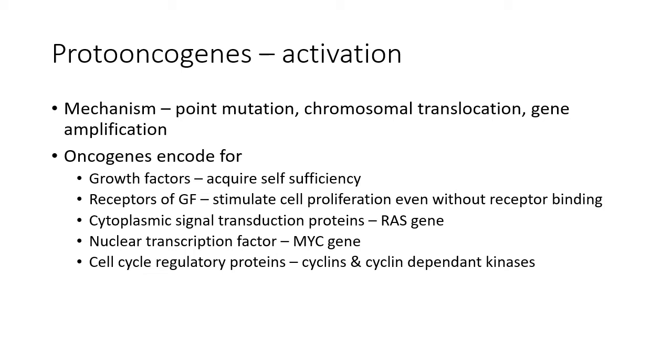The third factor for which the oncogenes code is cytoplasmic signal transduction proteins. Now these growth factors come and bind to the growth factor receptors, and there are some proteins in the cytoplasm which transduce signal from these growth factor receptors on the cell surface to the nucleus and activate intracellular growth signaling pathways. So these are messengers from growth factor receptors to the nucleus. Examples include mutated RAS gene, ABL-BCR hybrid gene, etc.